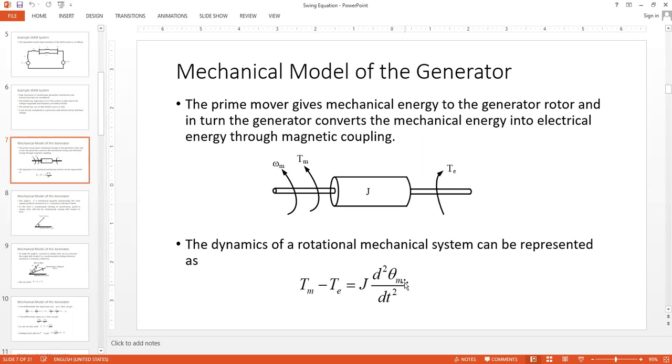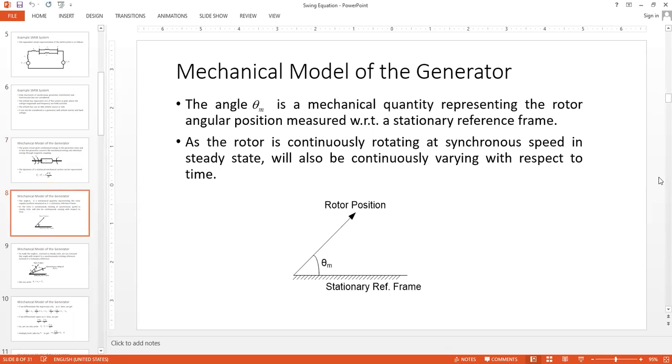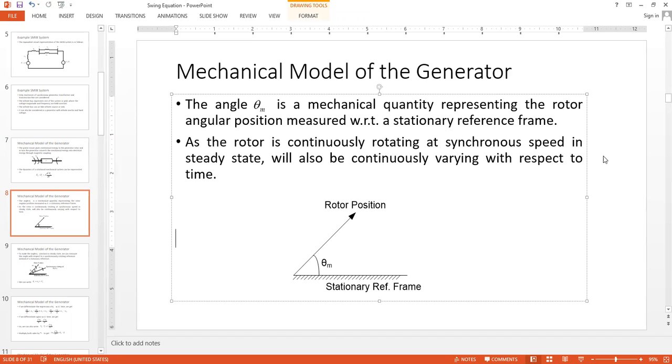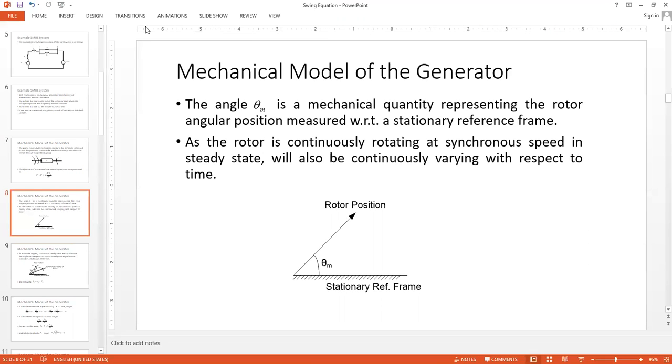So today we will continue from here, and we'll look into a little more detail on this parameter theta m. So basically this theta m is the representation of the rotor angular position. Okay, so by this what is meant, if we look at